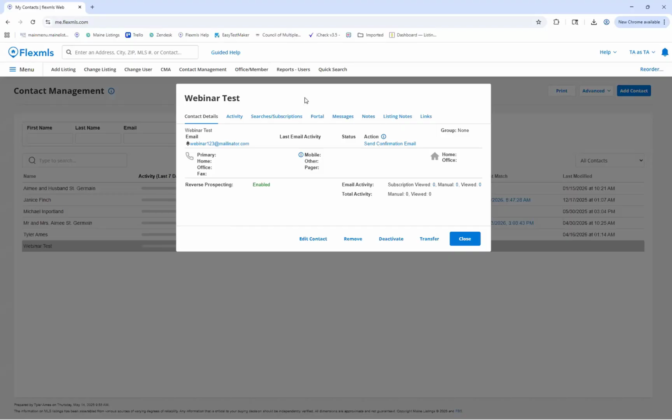While we're here, there's one more thing we need to do. So I know that Mr. Webinar Test wants to receive these automatic subscription emails. And in order for Flex to, let's just call it, be comfortable sending those emails to Mr. Webinar, he has to opt in to the subscription service. Flex does not want to come across as a spam, scam, whatever company. And their